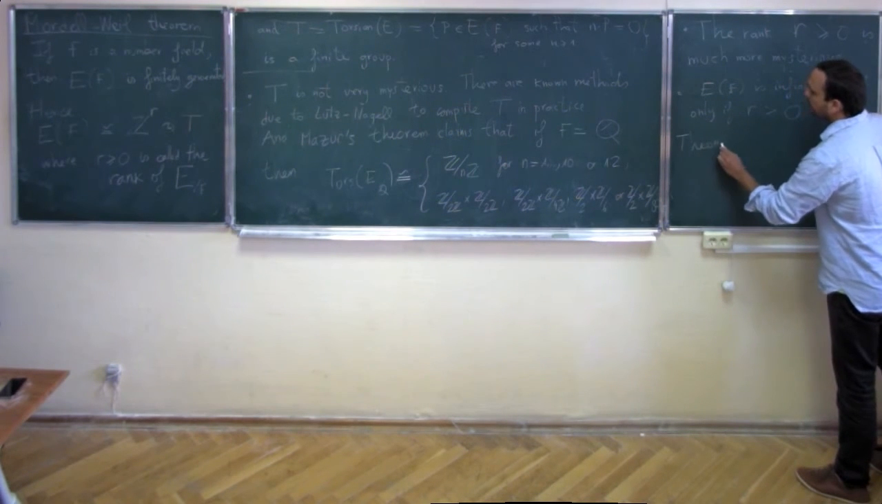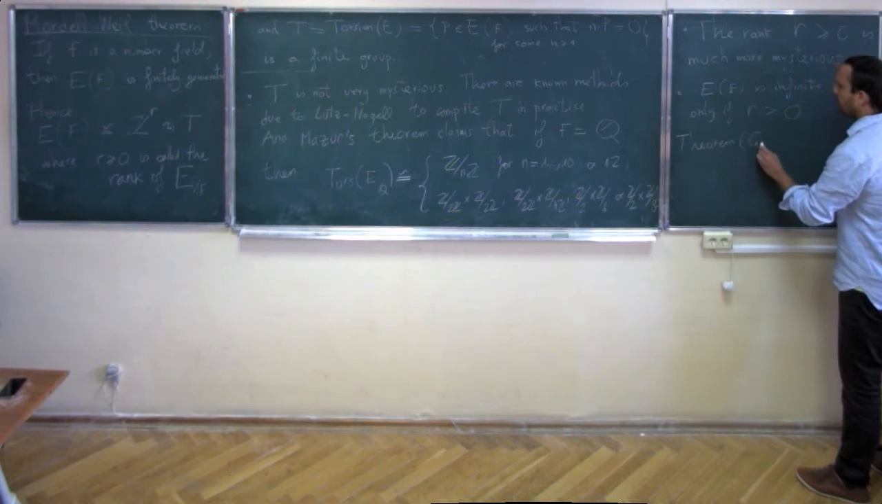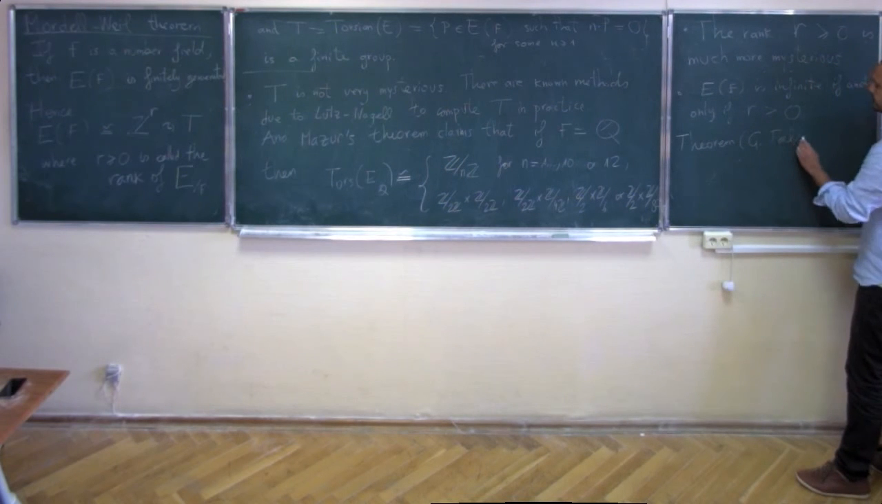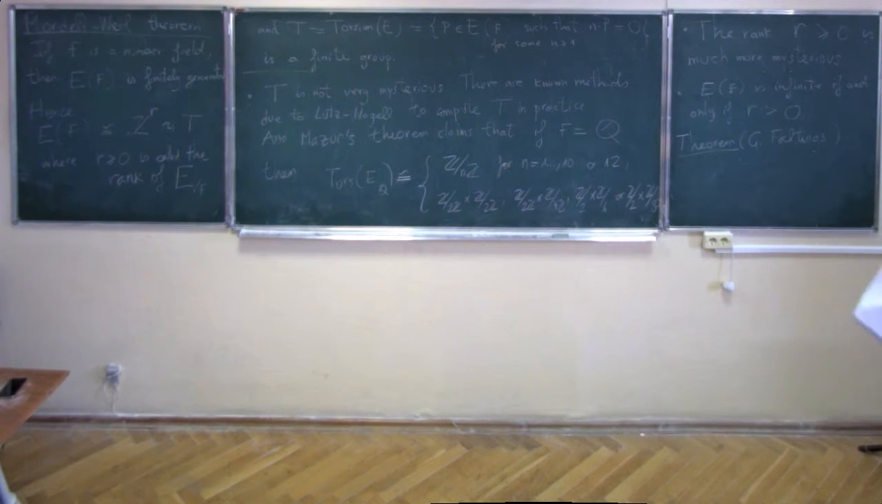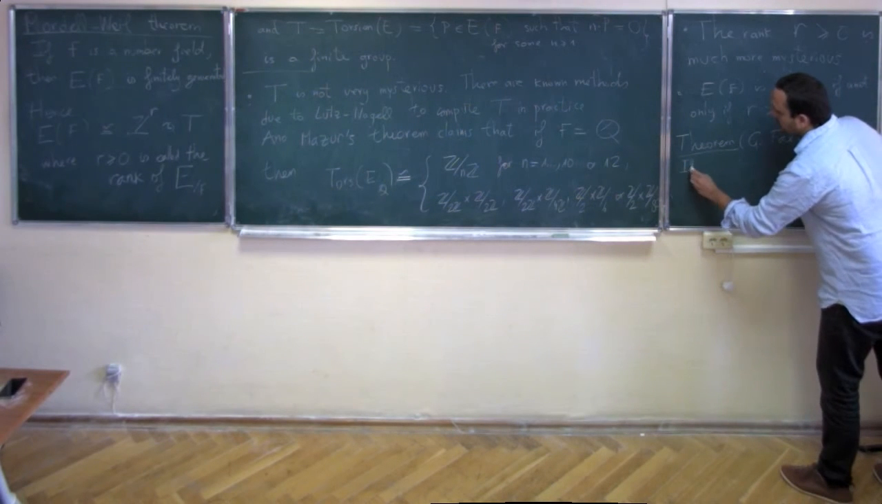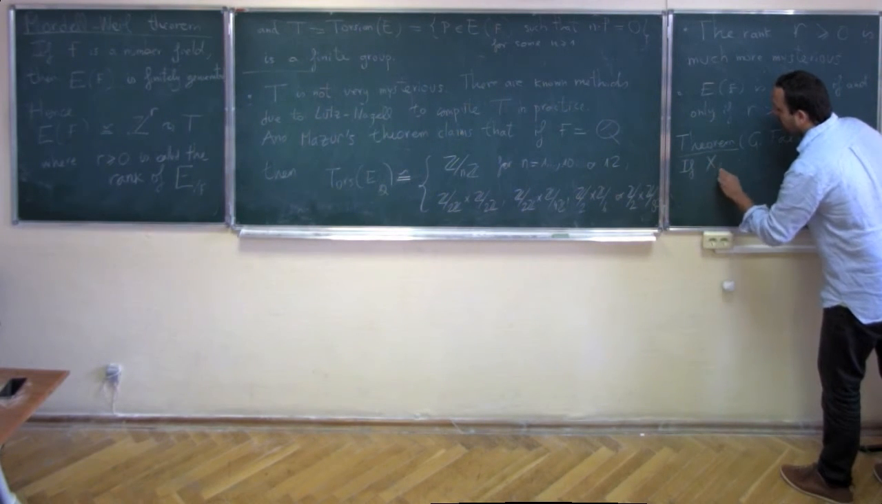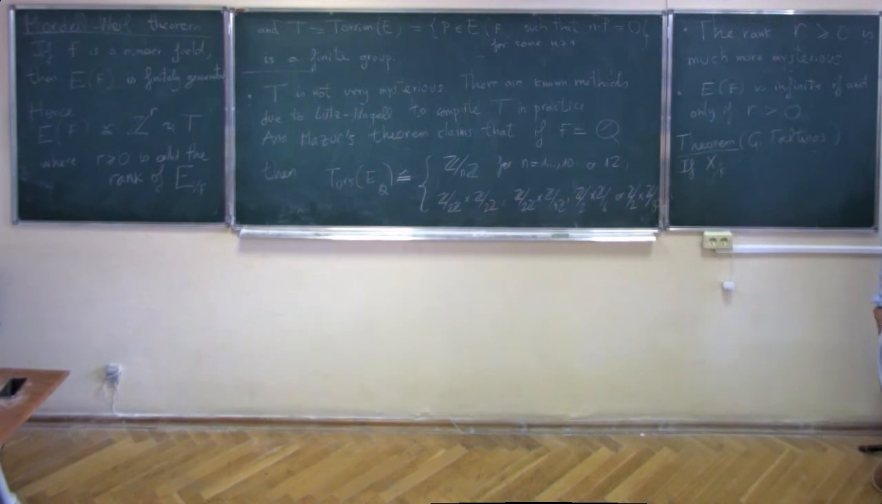It's a theorem of Faltings, Gerd Faltings, which before it was proved was known as the Mordell conjecture, the conjecture of Mordell, the same Mordell as in the Mordell theorem, which says that if X is an algebraic curve, a smooth algebraic curve of genus at least 2,